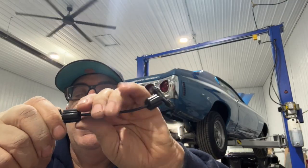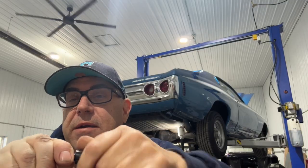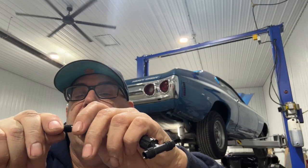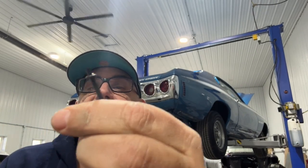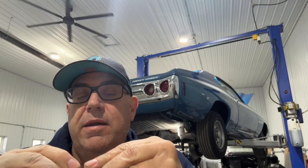I'll get it to seat, and then I'll show you what happens with it. So it's just pushing on there, and then when you take it back apart, these are nice. You can take them apart, put them back together. You can see that the O-ring moved down into the hole there. You can just pull it back out, push it back in. All right, pretty simple. They're kind of cheesy,